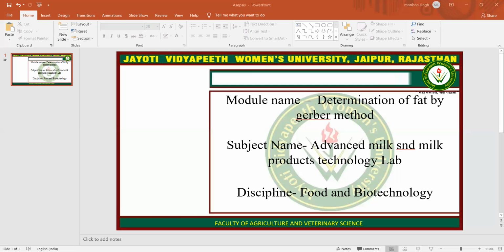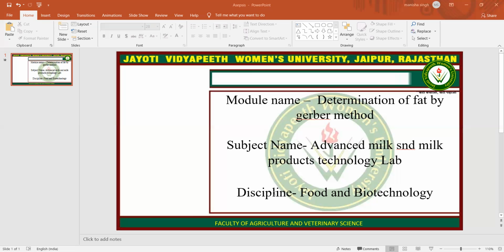Note down the upper and lower scale readings corresponding to the lowest point of fat meniscus and surface of separation of fat and acid. The difference between the two readings gives the percentage of mass of fat in milk. The reading has to be done quickly before the milk cools. The butyrometer should be emptied into a special container for the very corrosive acid milk liquid, and the butyrometer should be washed in warm water and dried before the next use.